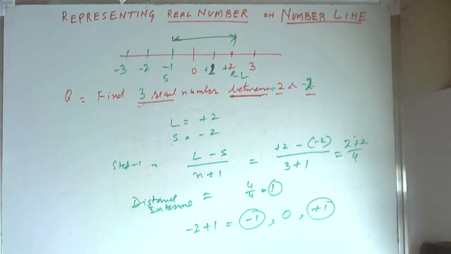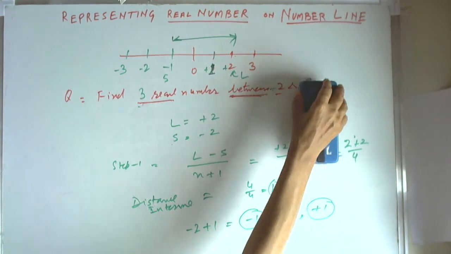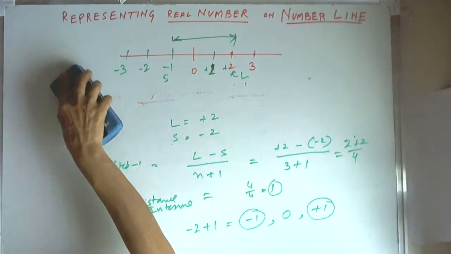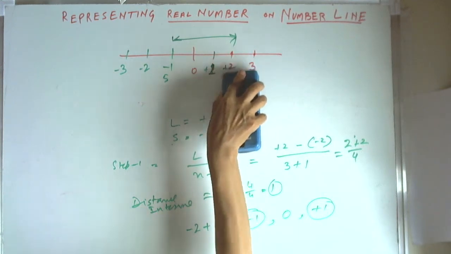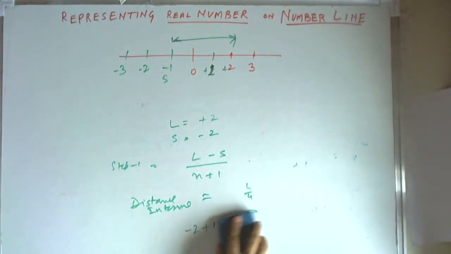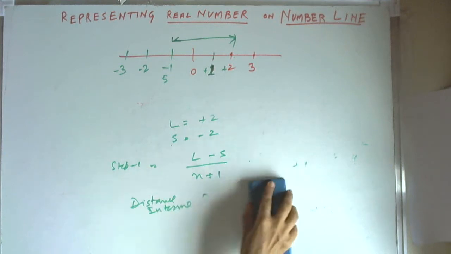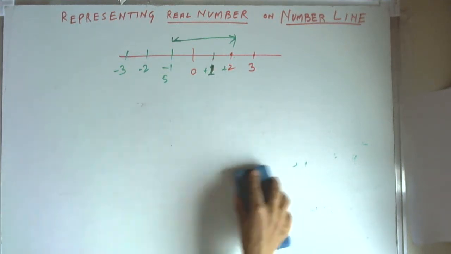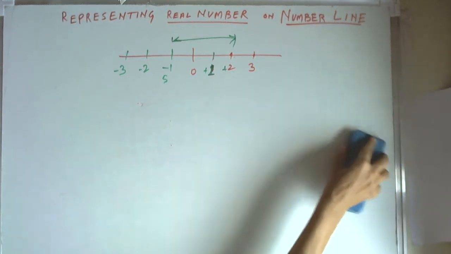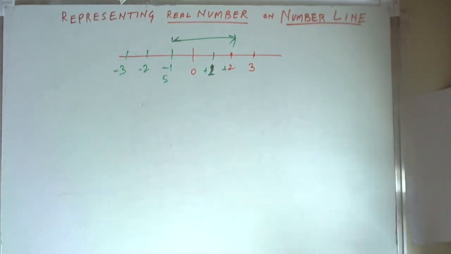Now if you have to find an irrational number between given two numbers, then what happens? Because irrational numbers are not represented as terminating decimals, in that case we can have any number and we can represent them. And normally in that case, representing equal distance is not possible. Normally it is not possible in the sense it is not very easy, and therefore normally the question will not expect you to find equidistant points.